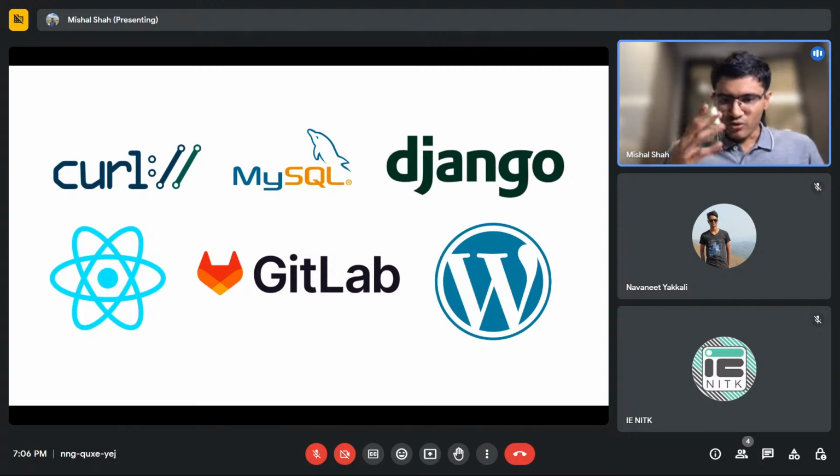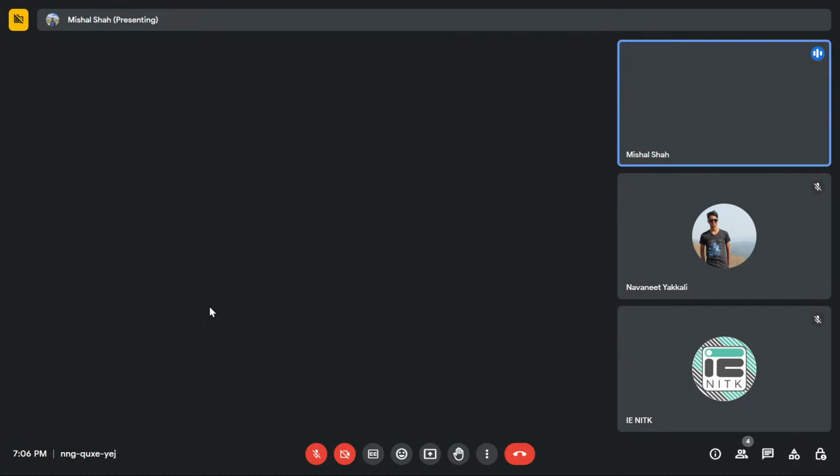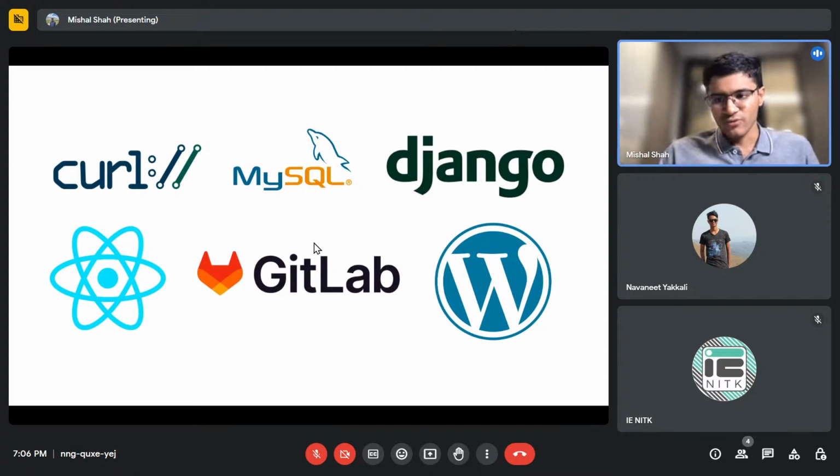All of this software and these libraries are used by many big companies all around the world for a lot of software engineering work. A lot of things are being powered by that. So that is the power of open source. A library like Curl, which has been used by a lot of people, is open source software, so you can go and get its code online, and the same goes for Django. A lot of companies use Django, like Instagram. MySQL is the de facto database management system and things like that.